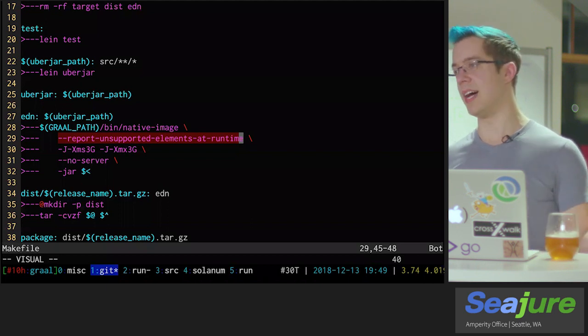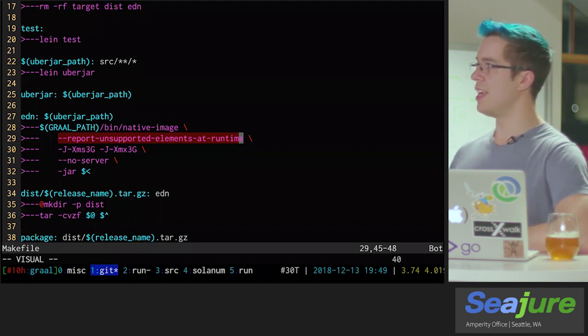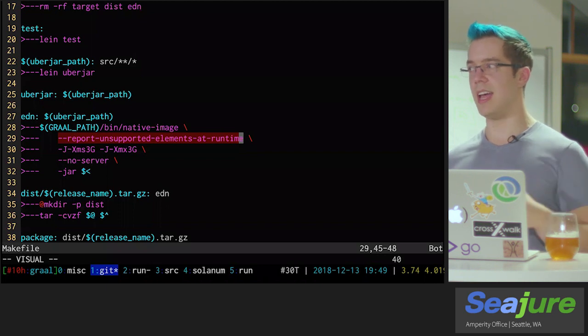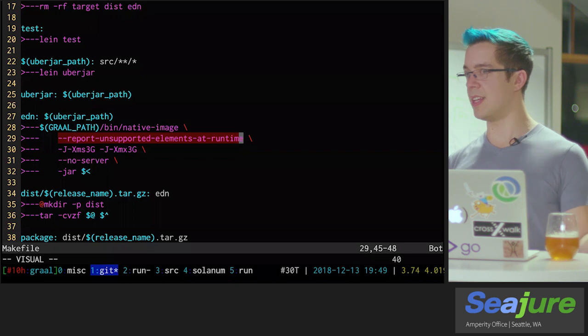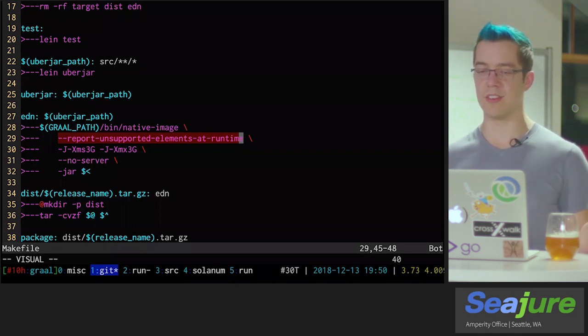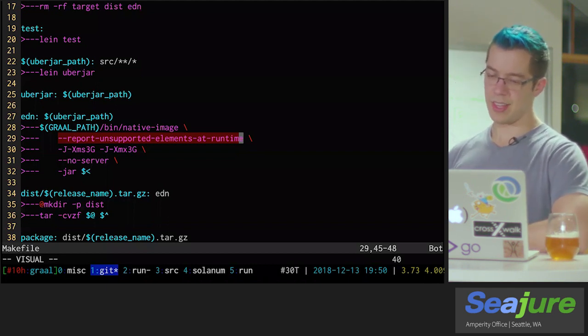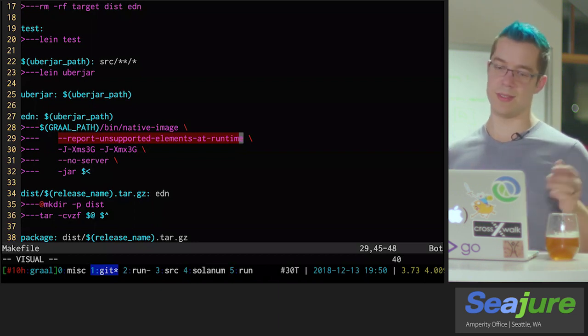Otherwise, it will blow up at compile time. What this flag does is instead of blowing up at compile time, it inserts bytecode in those locations that throws a runtime exception. And if you know your code is never going to call those code paths, then that's fine, because you'll never get that exception at runtime. But you still want to be able to compile the image in the first place. So this is not ideal, but it makes it possible, so we're kind of stuck with it.